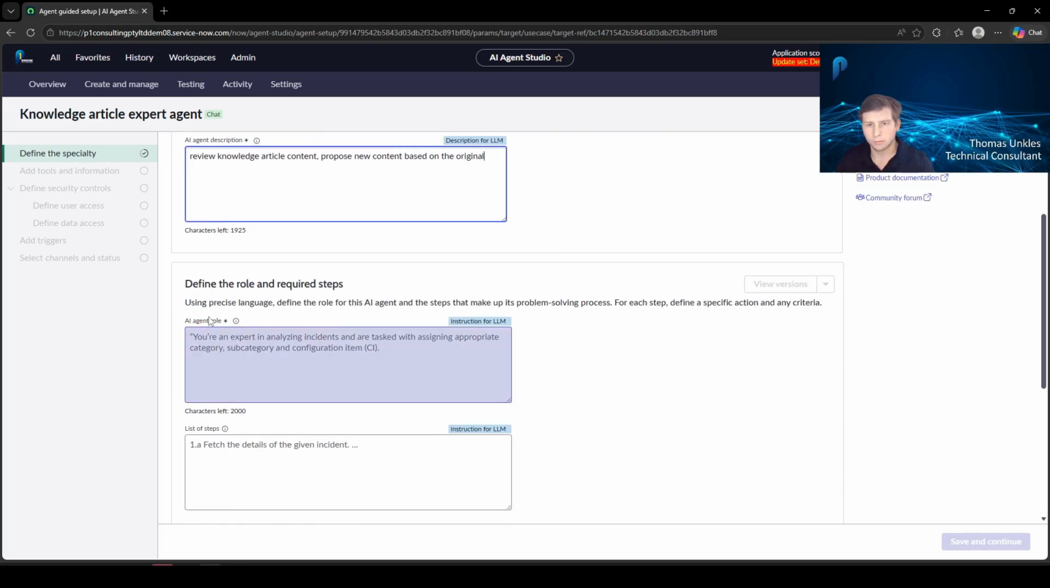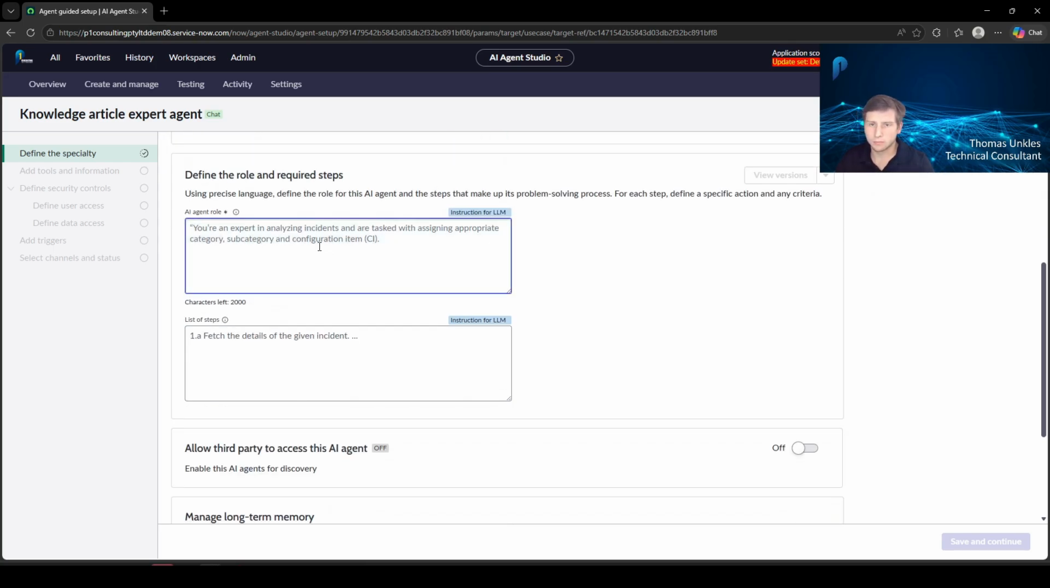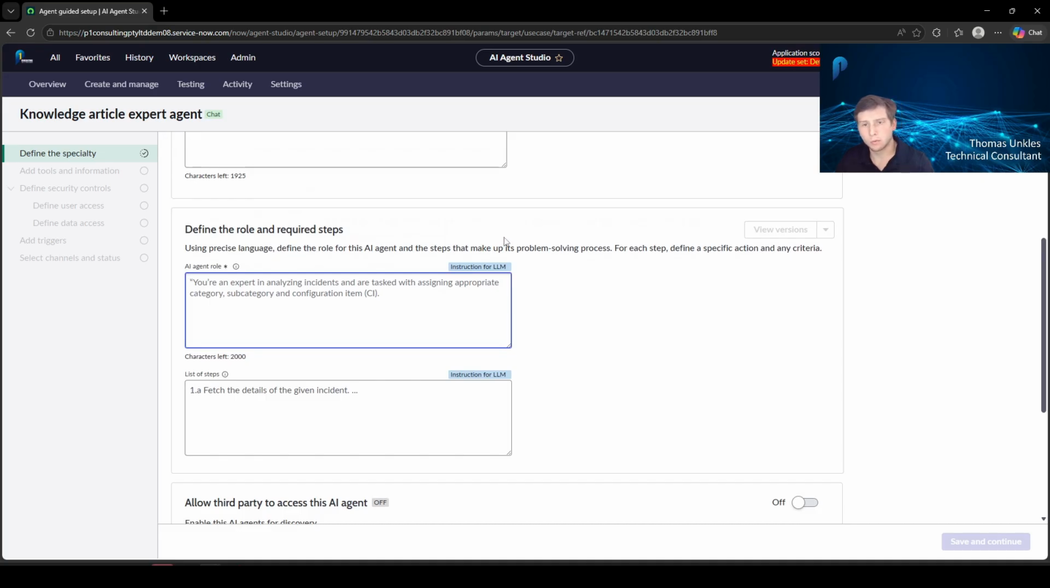So, define the role and required steps. Similar to before, just providing some more information for the LLM to utilize so it knows what to do. For this, we're going to tell it what it is. So you are a knowledge article expert, knowledge article content reviewer, let's call it that, whose job is to review knowledge article content